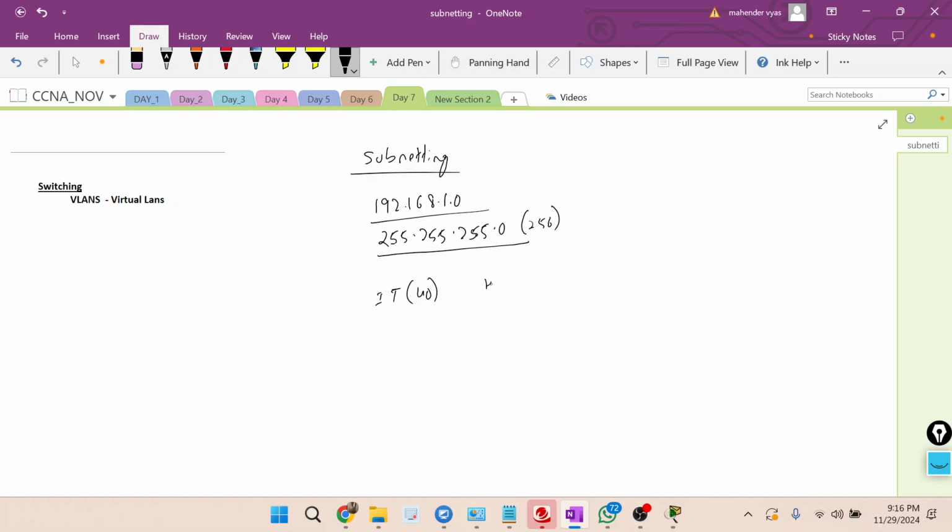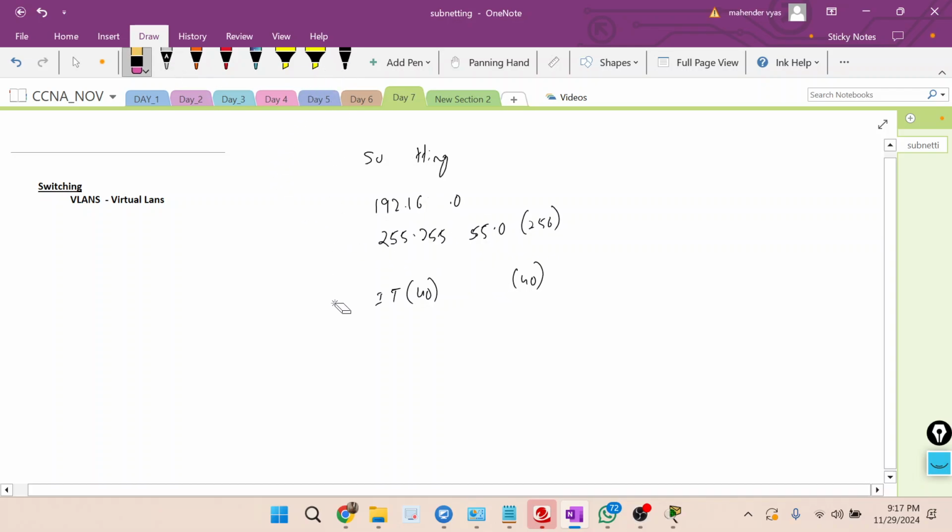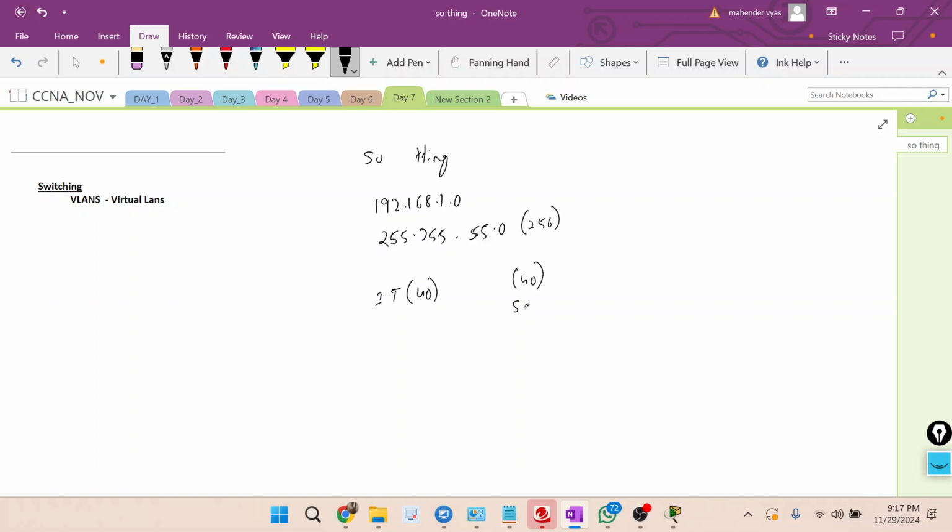For HR, we want 40 users. Or one minute, in our example we have taken sales, right? This is sales. Now what would be the new subnet, and what would be the addresses we will have for IT and sales? Can anyone tell me quickly? For 40 users, what would be the new subnet first?